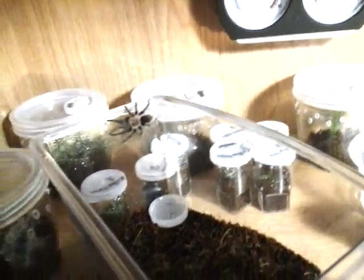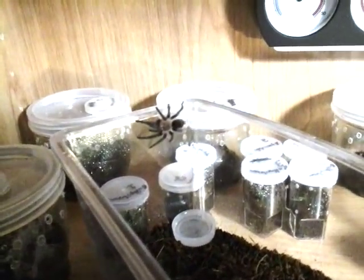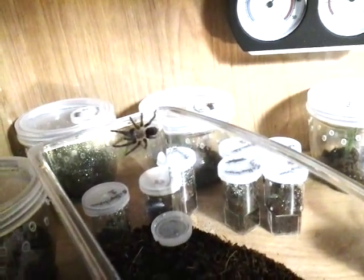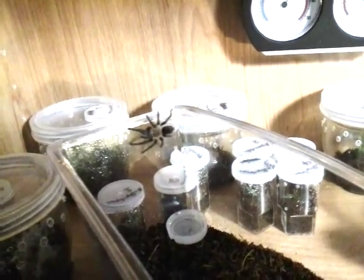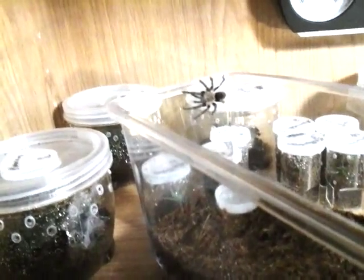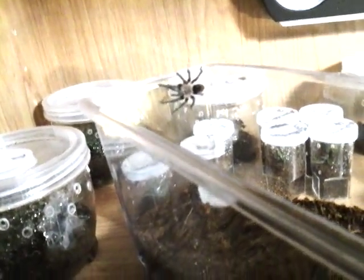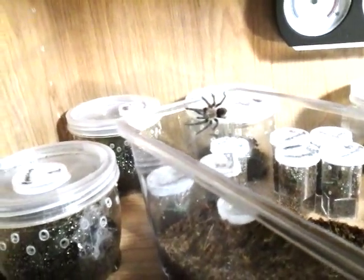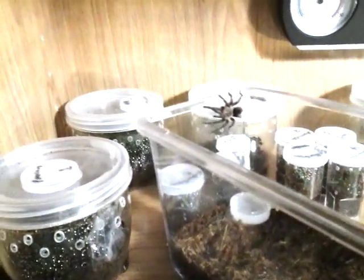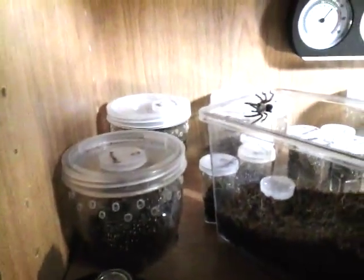But as you can see, he's a good 1.5 inches, 1 3/4, maybe even pushing 2 inches if you stretch him right out. And that's kind of been the case with them all. This one's looking a little broader with stouter legs. That's not as leggy as the Spectrum Vagans number 1, which, let's see,